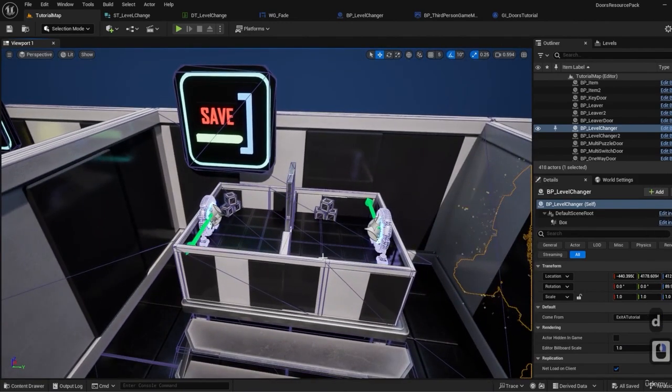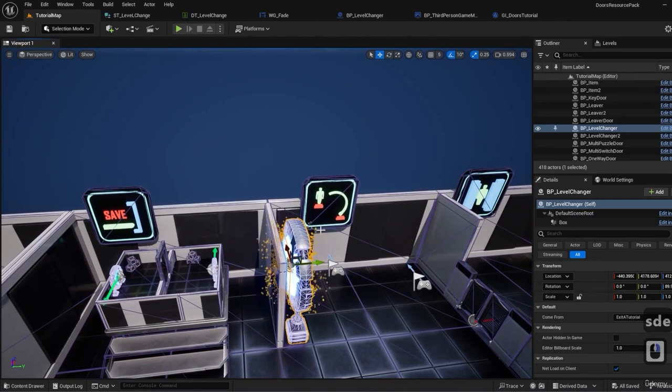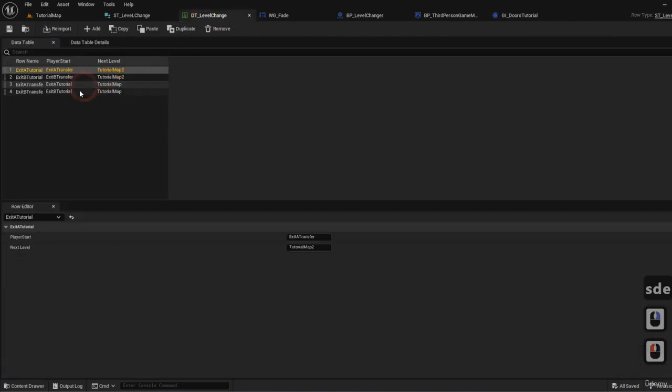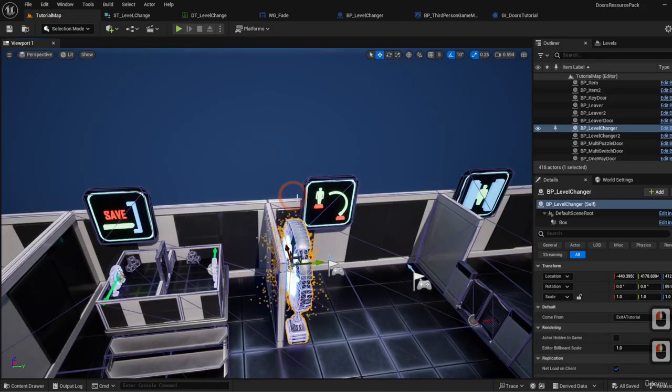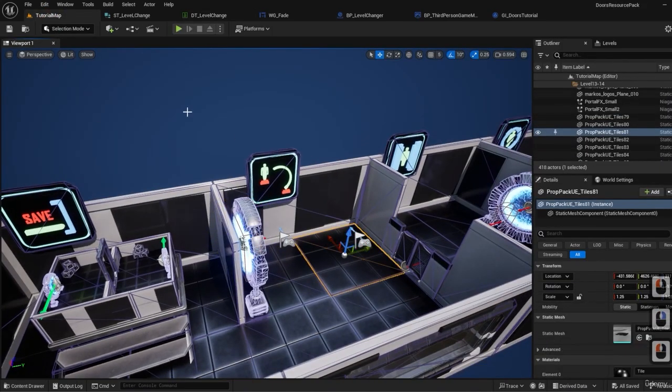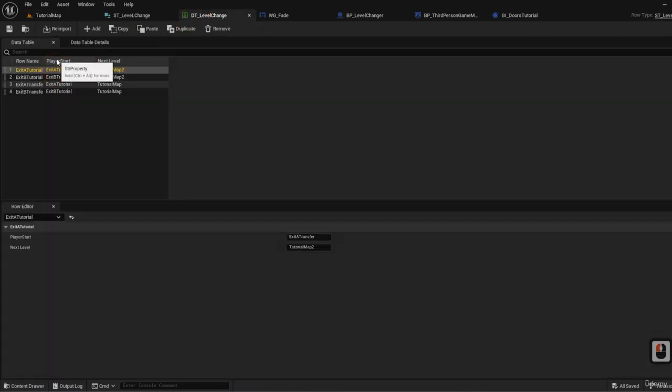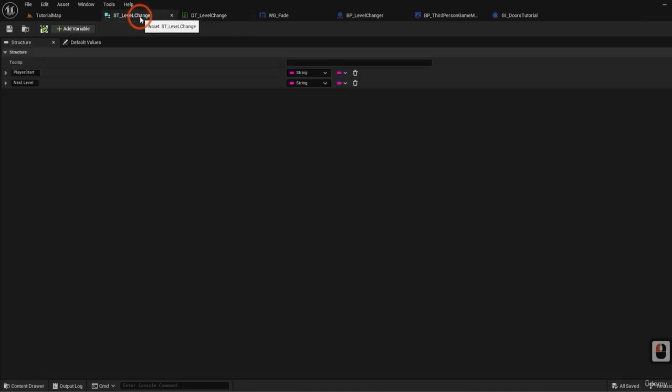but all these are in a different level. So to do this, we created a data table which the row names correspond to the tags of the incoming level, the level that we are traveling from, and it has the player start names also of the level we are going to, and also has the next level. Now, all this is based on a structure that is from two strings. We use this in an event